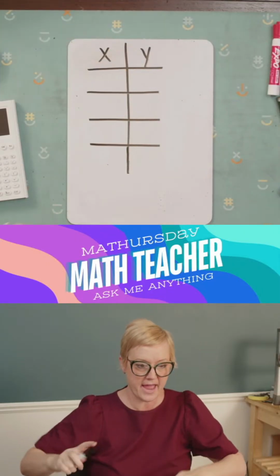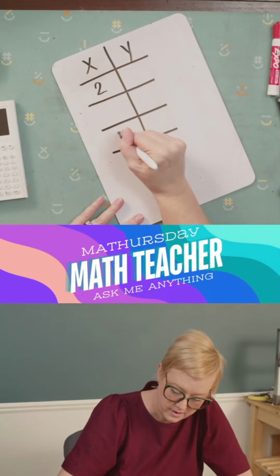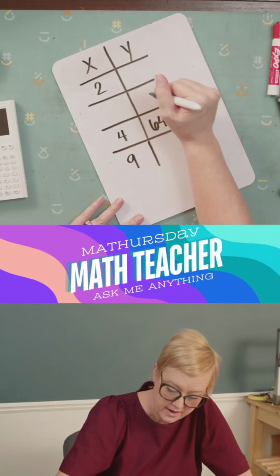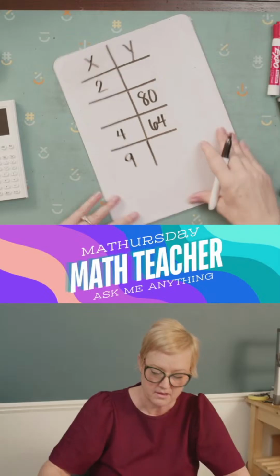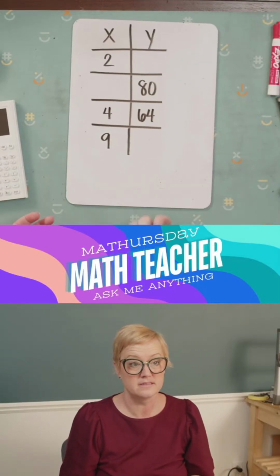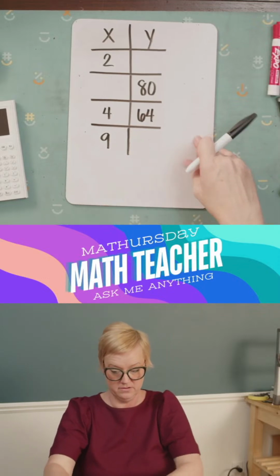Okay, so if we have x and y, and let's say we've got 2 and 4 and 9, and this is 64, and this is 80. Okay, and if you're trying to fill in the missing parts of the table,